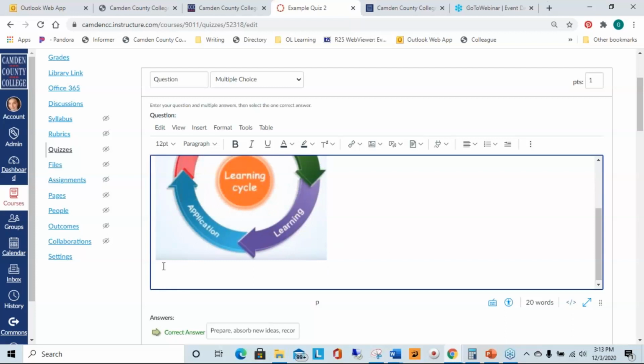I'm going to click on my question area, and I want to come up here to this little image option, and I'm going to either upload an image if it's not already in my course, or if it's already in my course files, I can just click course images. But most of the time, it's probably something that you need to upload from your computer. So you would just click this upload image button,